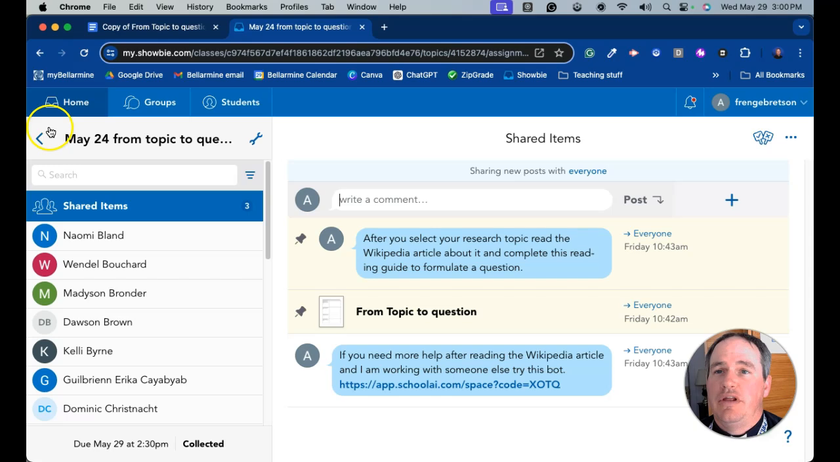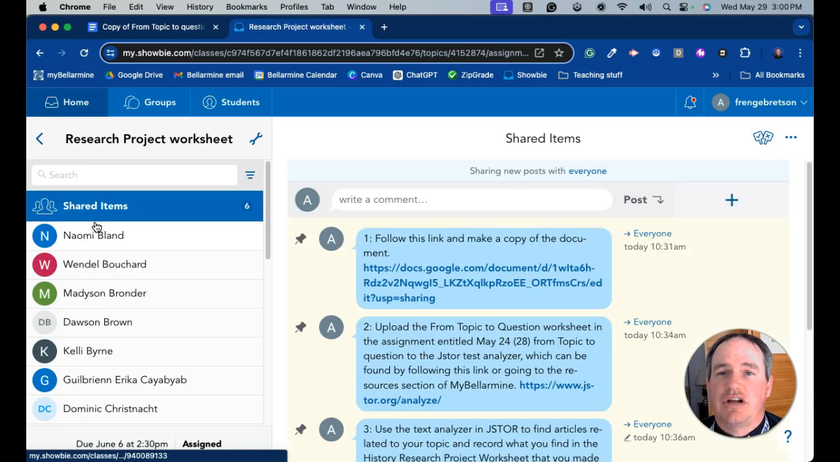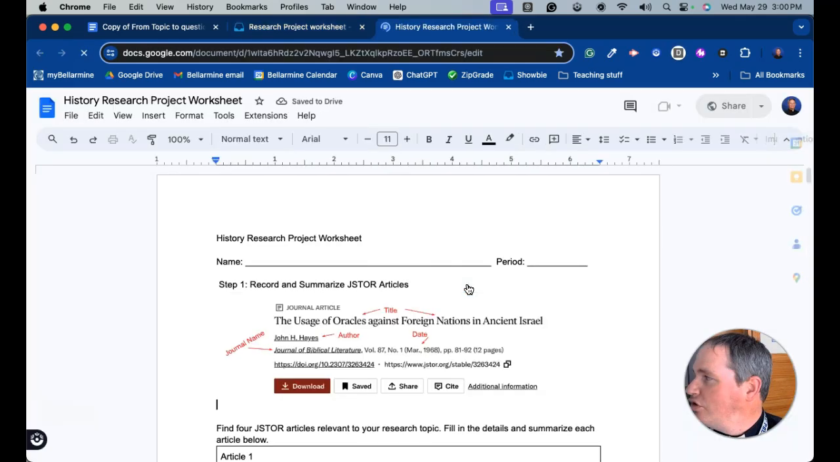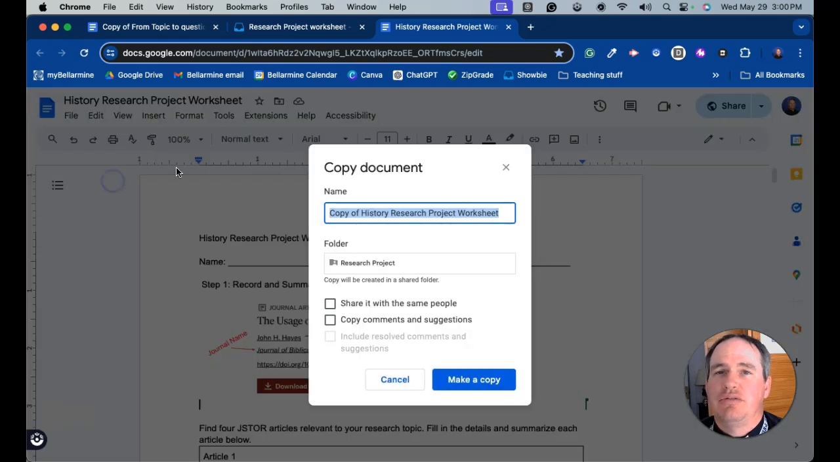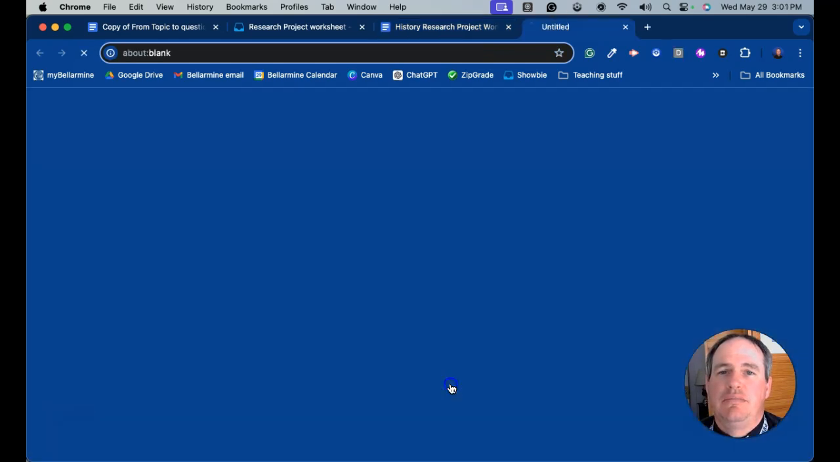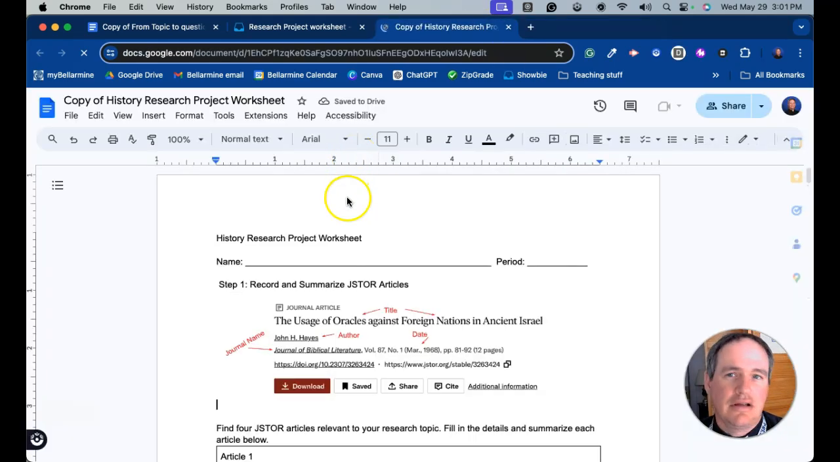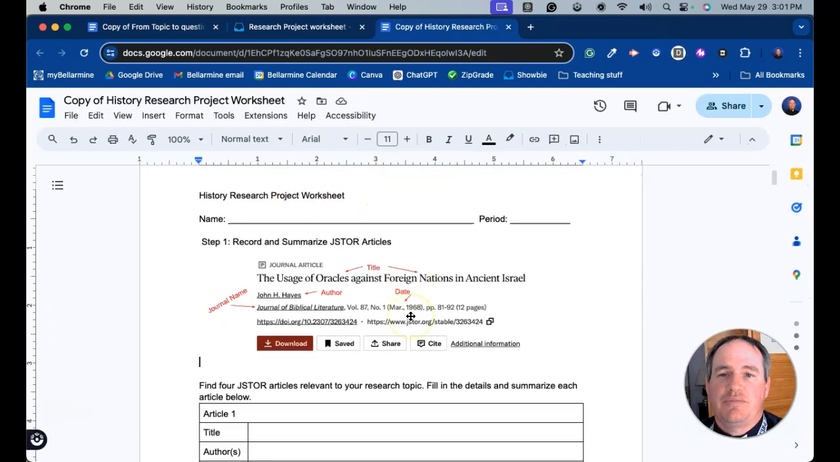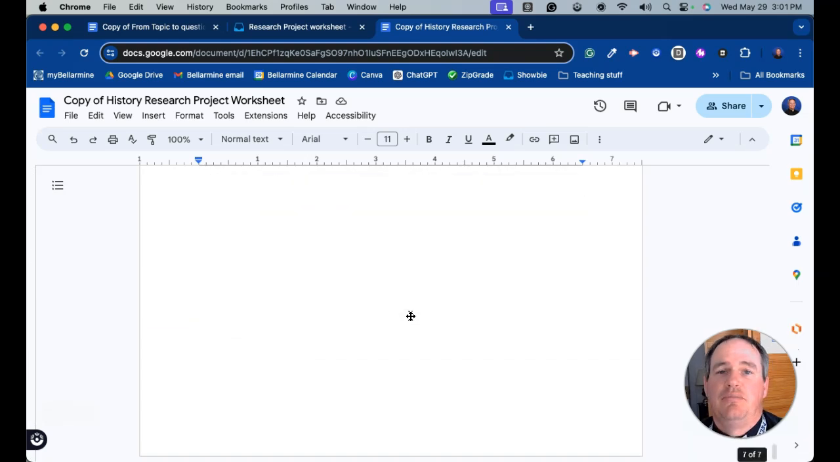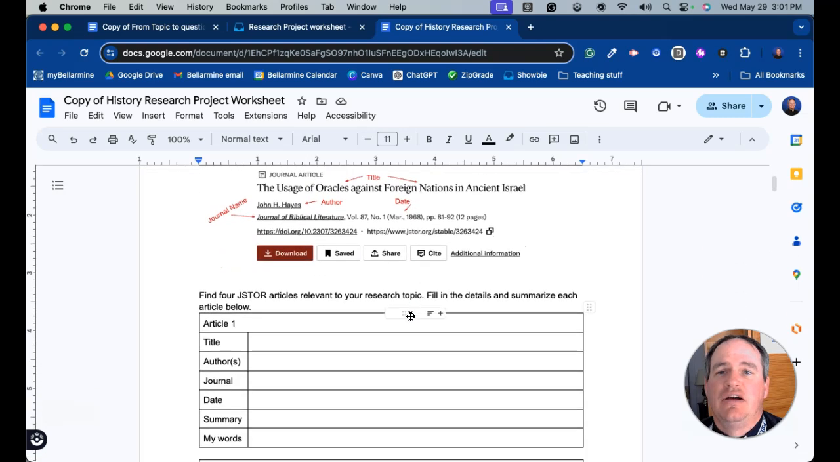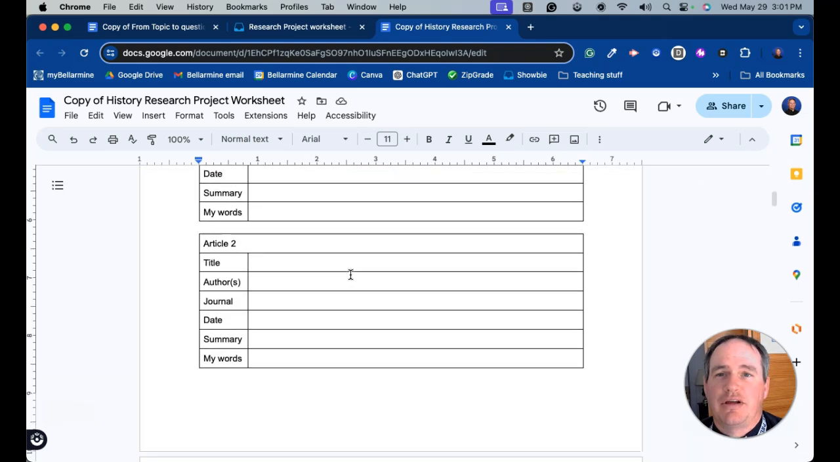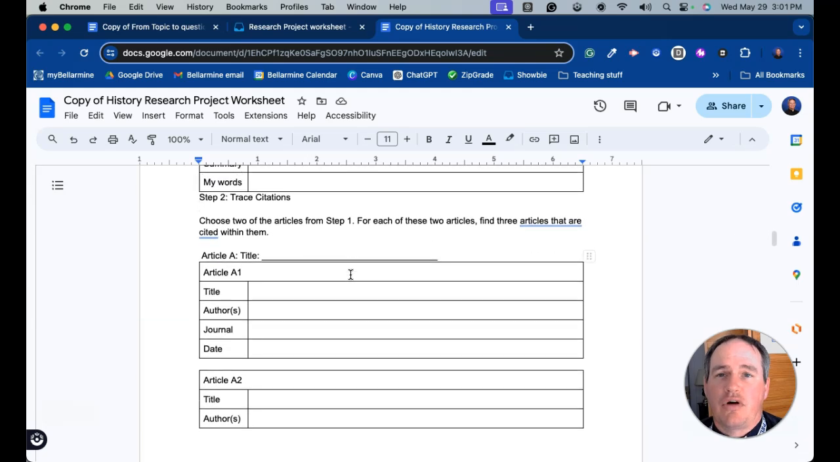So then what you're going to do is go to the assignment research project topic, and you're going to follow a link to make a Google Doc form right here. And then you'll make a copy of it. So I will do that. Make a copy. This is basically the sheet you need to complete to do the project. The way the sheet works is that you need to find 4 articles relevant to your topic. Then you need to pick 2 of those articles and do a deep dive into them by looking at